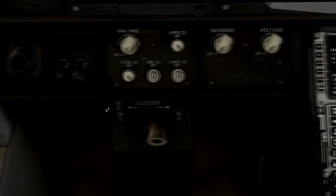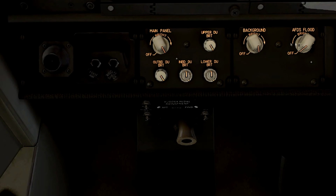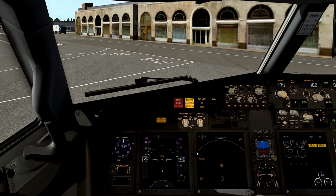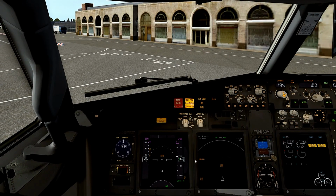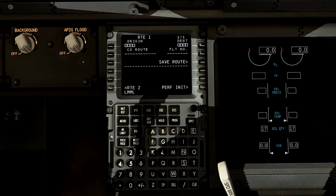Let's put our panel lights on. There we go, now we've got a nice lit cockpit. Okay, so whilst we wait for the IRS, we'll put that in. That will come up when it's all ready to go. That will pump in when it says the IRS is set. So whilst we wait for that, we'll go to Lima Mike Mike Lima,